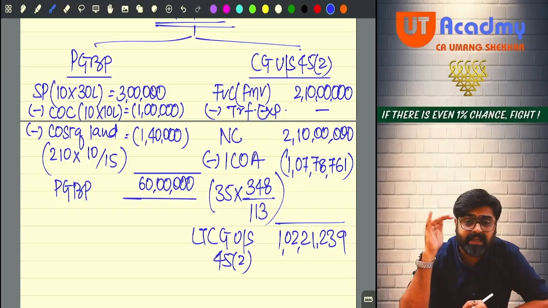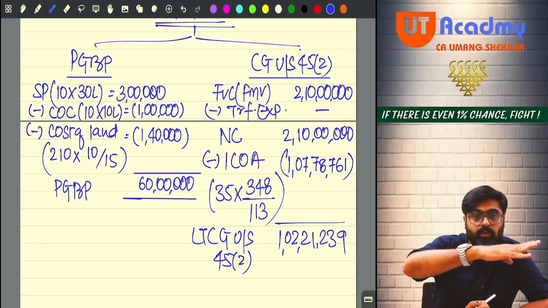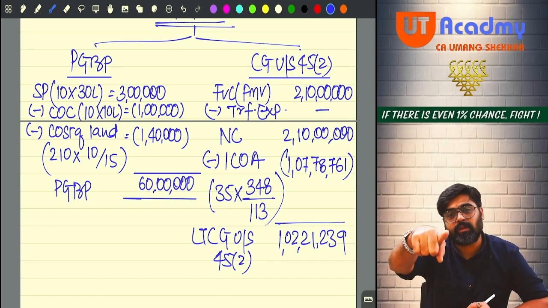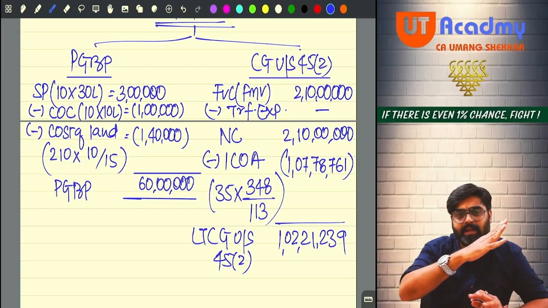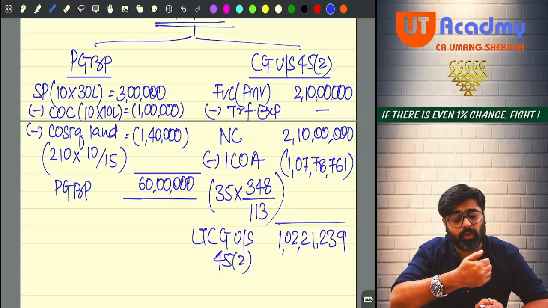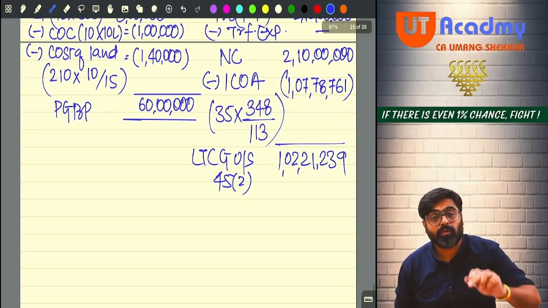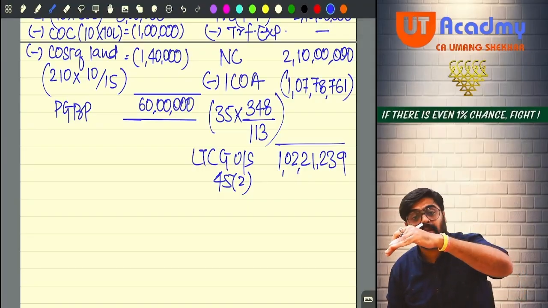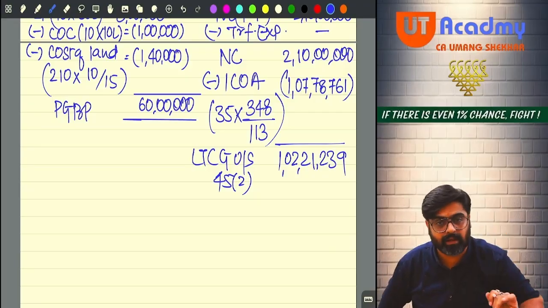See, if the entire land would have been sold as stock in trade, if all the 15 flats would have been sold, then this capital gain would have been taxed right now only. But is the entire land getting sold, or only the land to the extent which is occupied by 10 flats? Only that land is sold, no? So out of this capital gain, only the gain which relates to the land occupied by those 10 flats will be taxable right now.